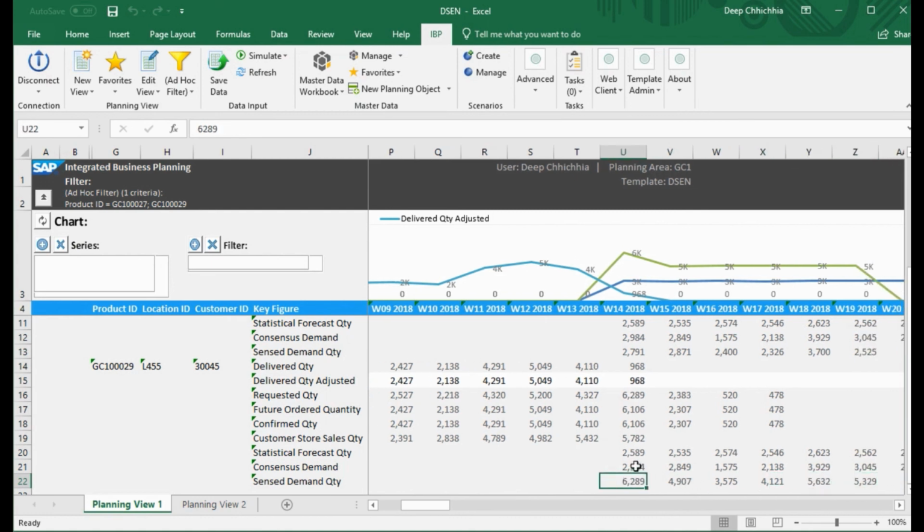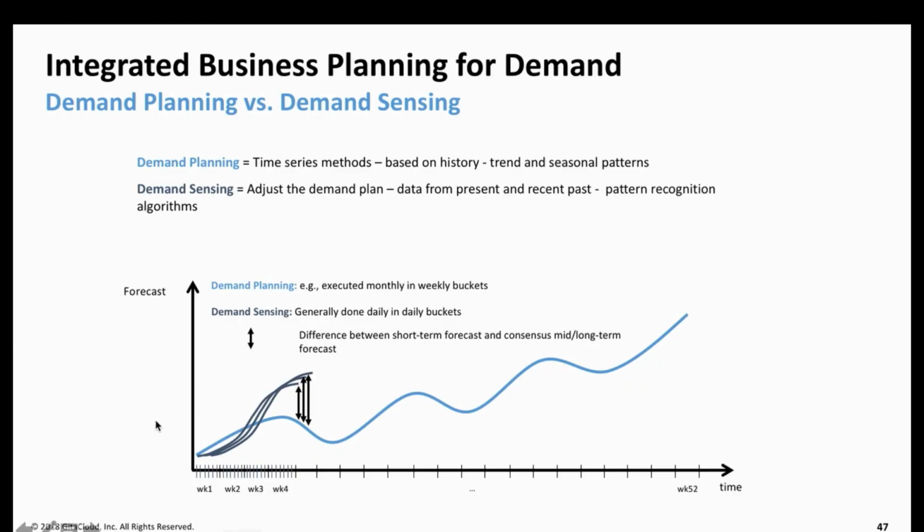quantity accordingly. So the quantities are way off from the consensus demand, in the ballpark range of 5,000 to 6,000. This is one of the use cases of demand sensing, which takes into account the recent trends of open orders in order to give us a more accurate sense demand plan for the short-term planning horizon. Our consensus demand is a flat line, but demand sensing picks up the trends of open orders and gives us a higher forecast, which is more accurate given the recent trends that we have.